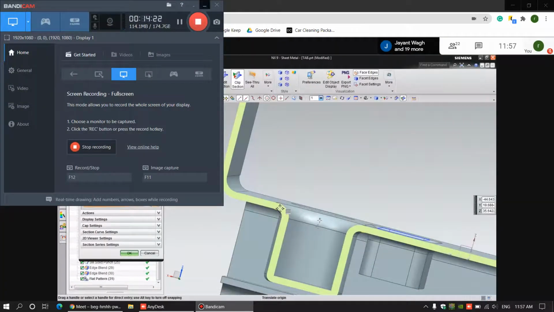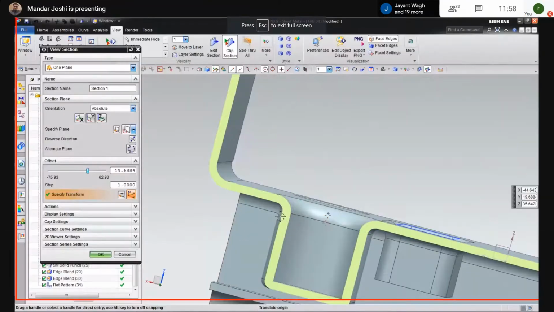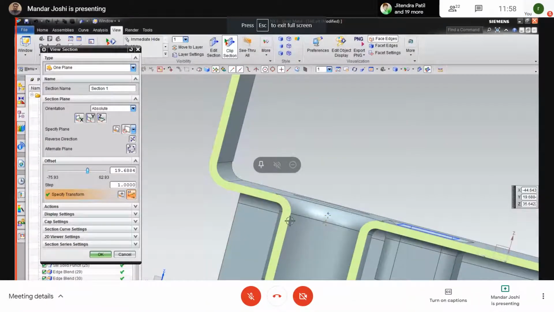Proportionally you have to maintain that radius, otherwise the thickness will not be constant.